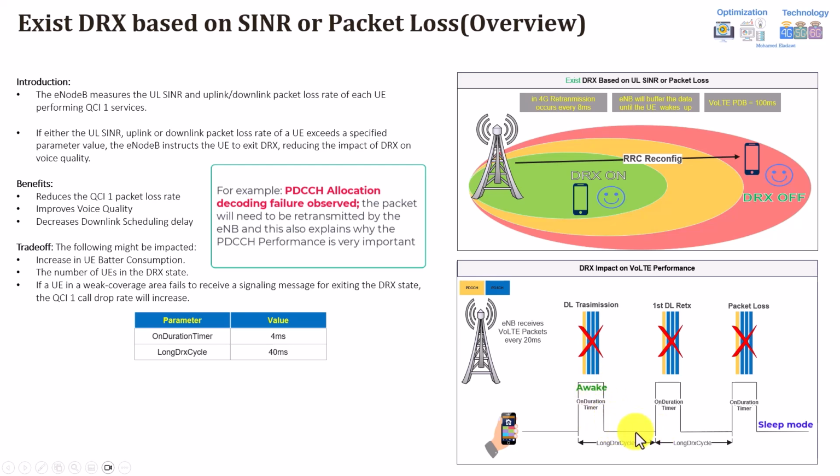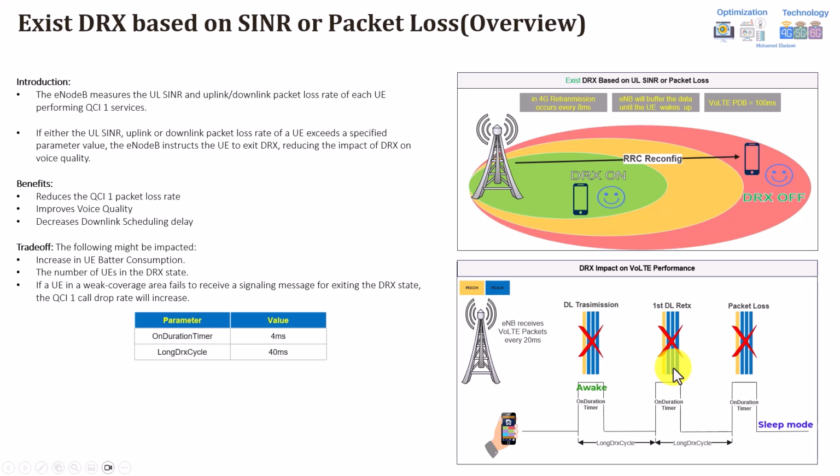So he will again go to sleep mode, and the eNodeB cannot do the retransmission until the user is again in the on duration timer. So at the end of the long DRX cycle, it will start a new long DRX cycle, and the user will come again into the awake mode, in the on duration timer here for 4 milliseconds, and start receiving. Now assume that again this particular packet fails. What will happen in this case? It's now almost 80 milliseconds, right? So now they need to retransmit the same packets, but again after this long DRX cycle,